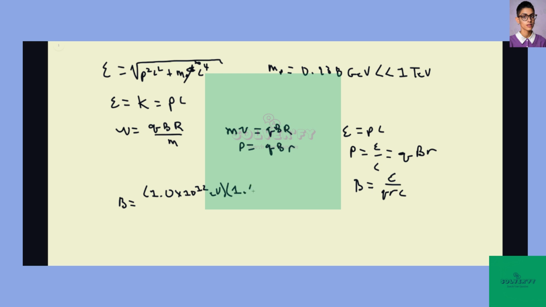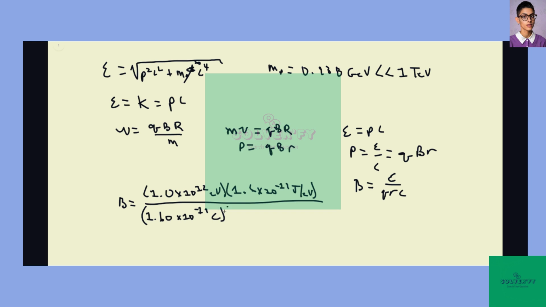So 1.6 times 10 to the minus 19 joules per electron volt, divided by the charge of a proton, which is just the positive charge of an electron, 1.60 times 10 to the minus 19 coulombs,